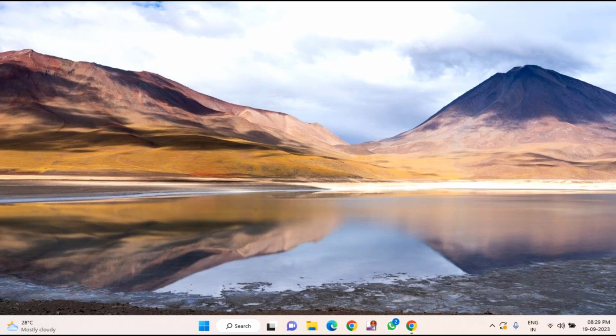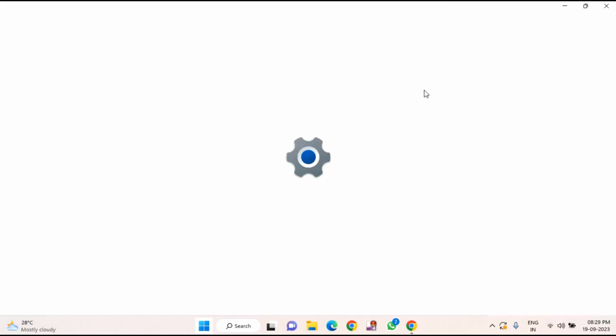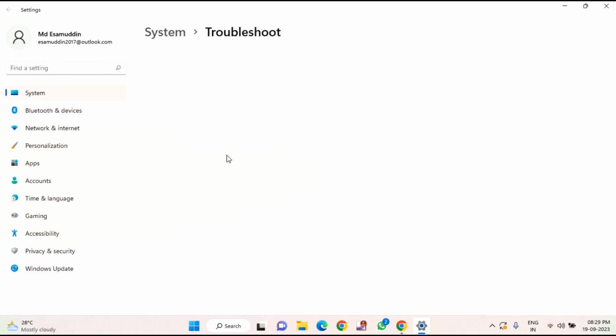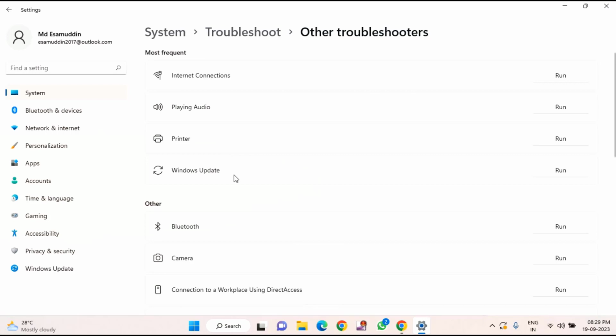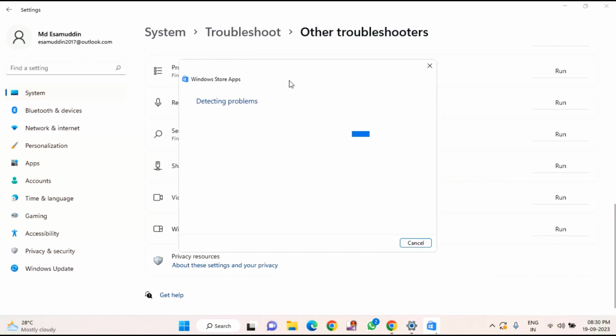First of all, you just need to click on Start menu, then click on Settings. Scroll down a little bit, click on Troubleshoot, click on Other Troubleshooters. Scroll down, you can see a Windows Store app, just click on Run. It will find if there is any problem with your Windows Store app and it will be resolved automatically. After completion of this,